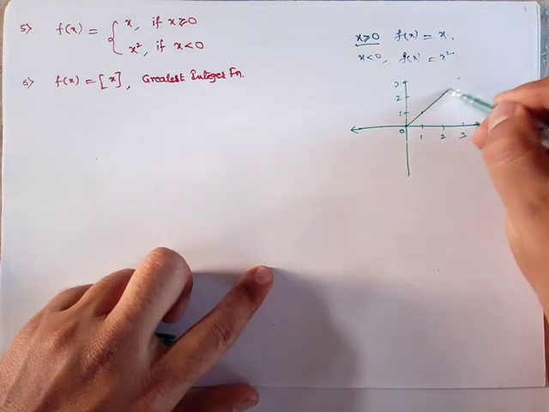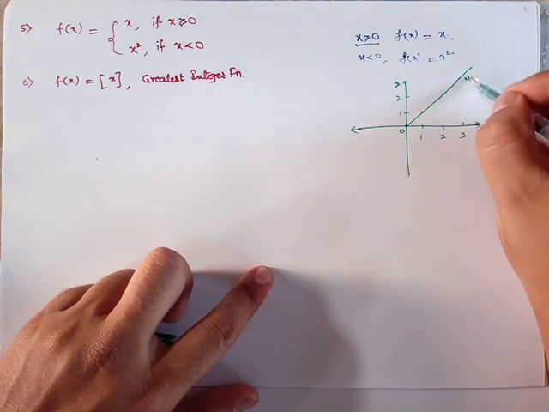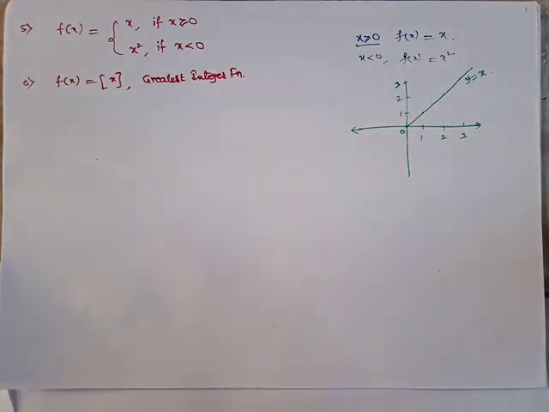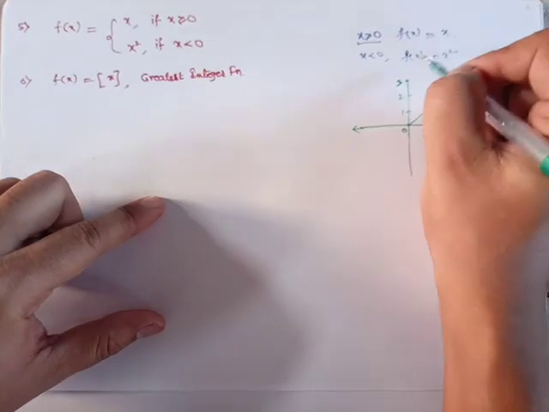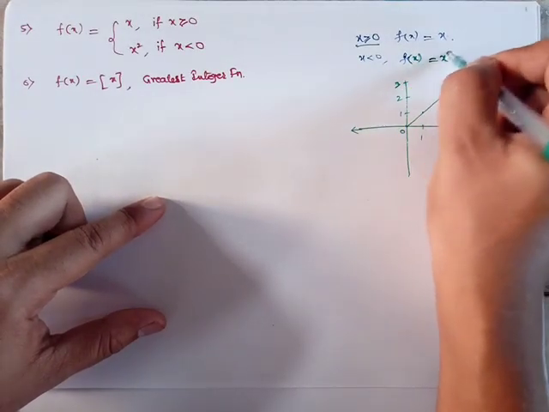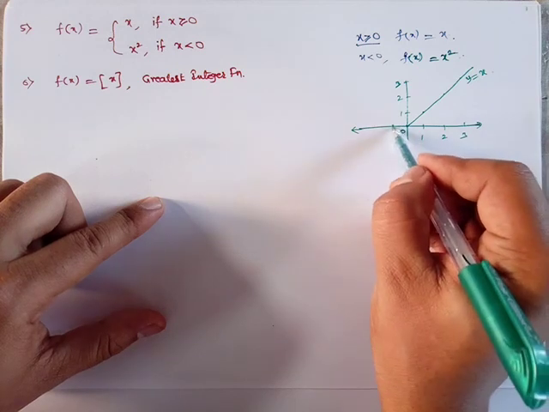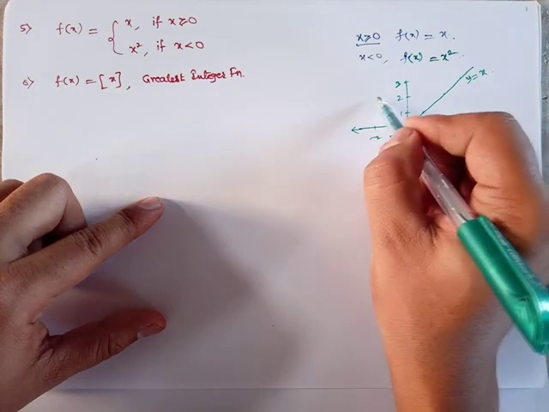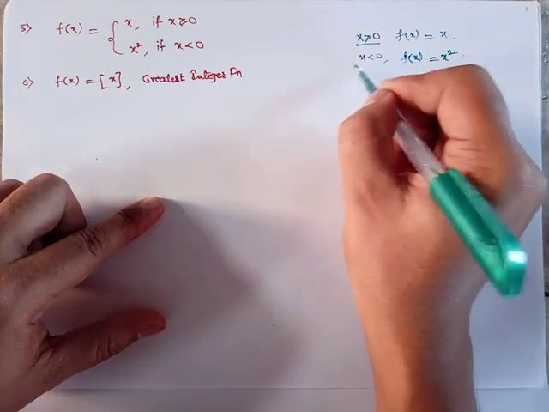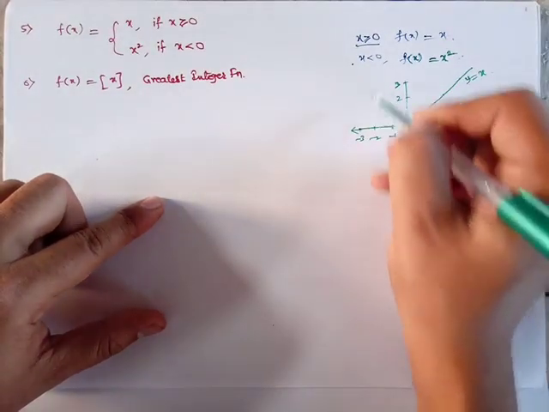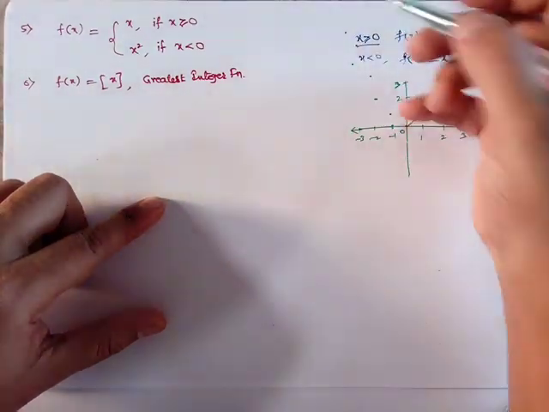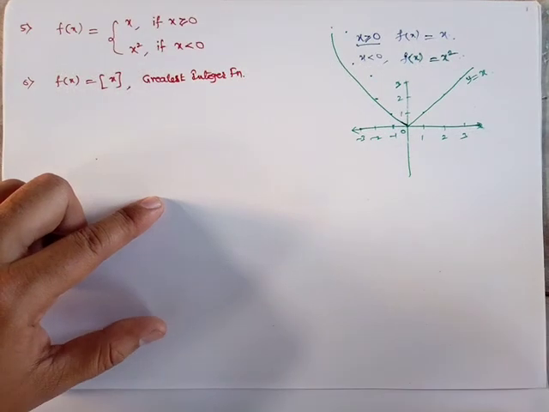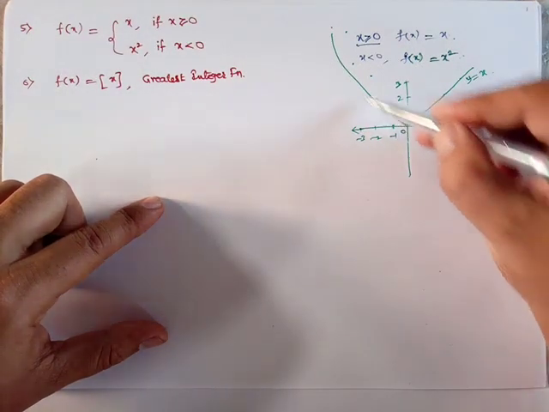So this will be the graph y equals x, and we will move on like y equals x. And coming to the next, when x is less than 0, f of x is equals to x square. At minus 1, whole square is 1, minus 2 square is 4, minus 3 square is 9. This way your graph can be considered, and it is a parabola kind of shape, and this will be a straight line, this will be a parabola kind of shape.